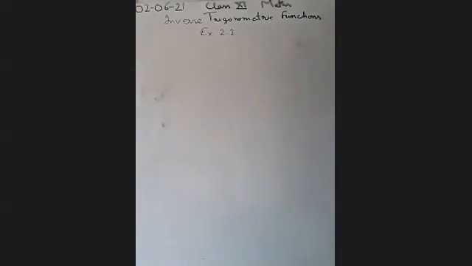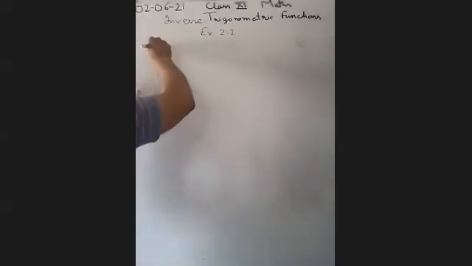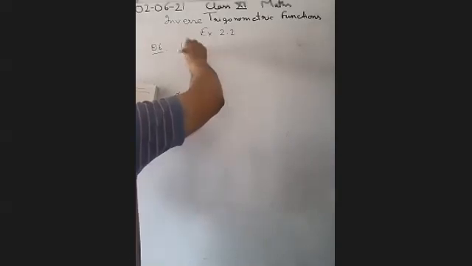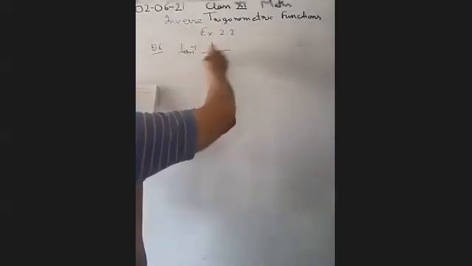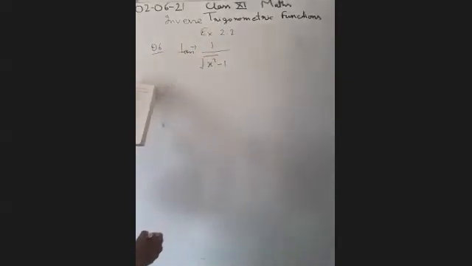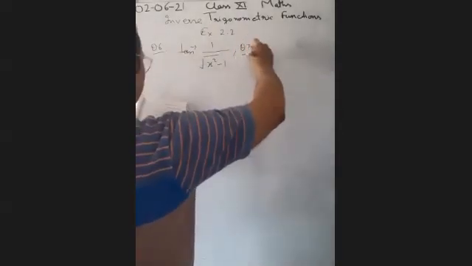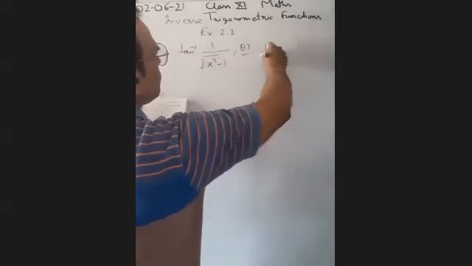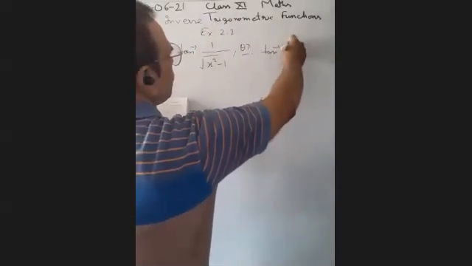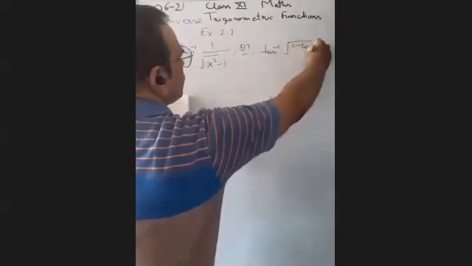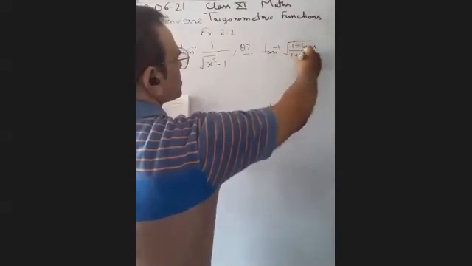Question number 6, 7. क्वेश्चन नंबर 6 है आपका, tan इनवर्स 1/x² - 1। ठीक है, इन 7 क्वेश्चन है, दोनों बता देता हूँ मैं। क्वेश्चन नंबर 7 है आपका, tan इनवर्स 1 - cos x divided by 1 plus cos x।